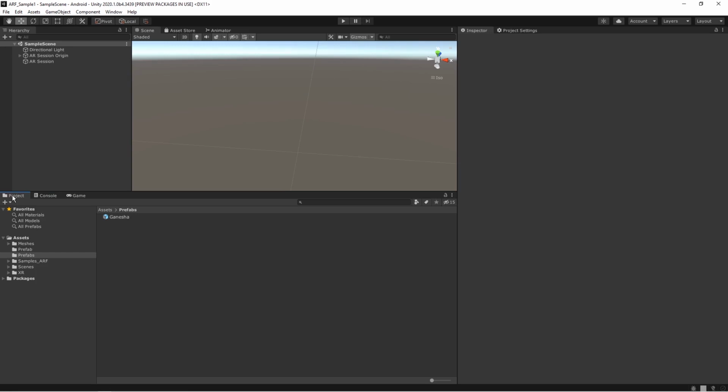I hope your application is also working as you see in the demo. I'll be giving the example resources and all in the GitHub repo. You can actually use those objects in your project.